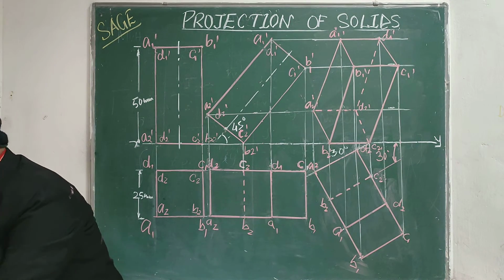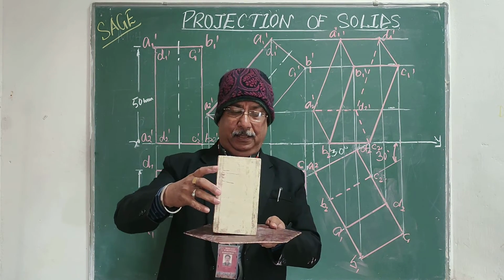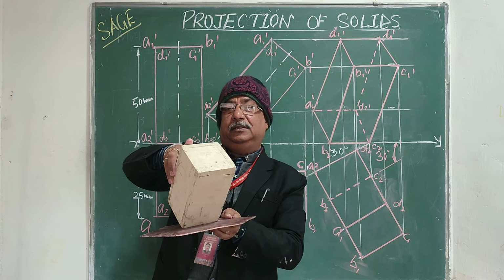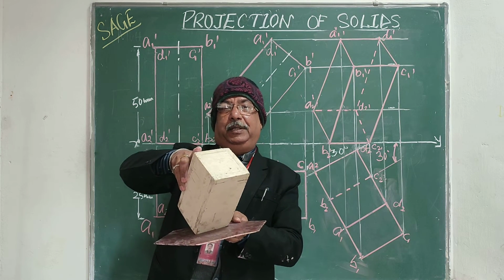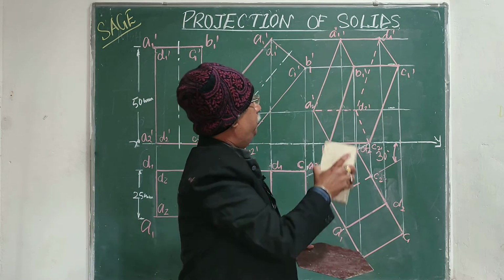and this is a solid which is having one of its base side on the HP and inclined to VP by some angle. So look at this. This is the final position of the solid. I have turned this A1 B1 base towards you. So in the front view that will be visible to me.